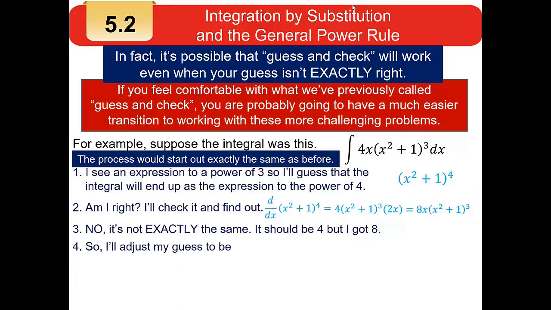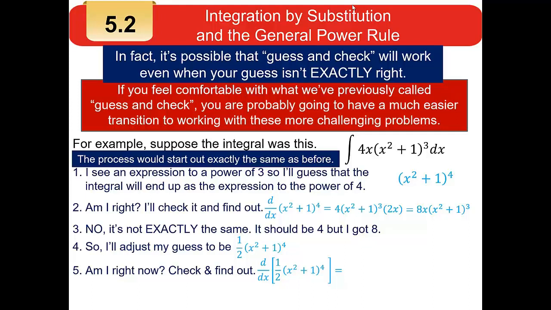I'm going to adjust my guess to just be half as much. Half of x squared plus 1 raised to the fourth. Now I'll check that guess and see what happens by taking the derivative of 1/2 my original guess. So if I take the derivative of 1/2 times the quantity x squared plus 1 to the fourth power, I